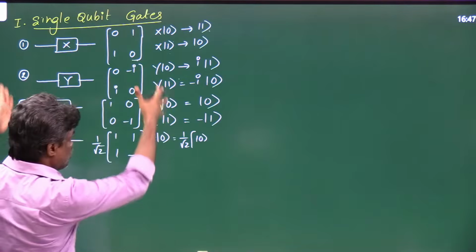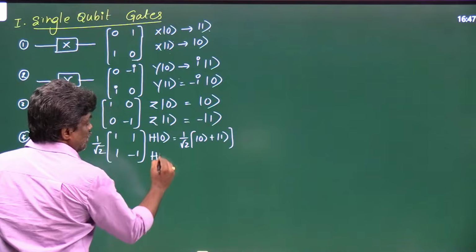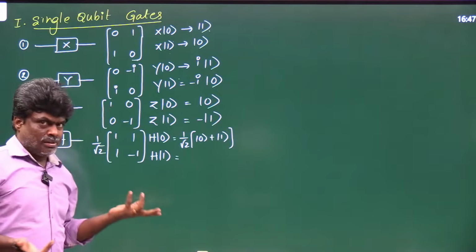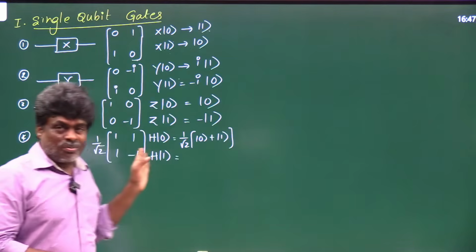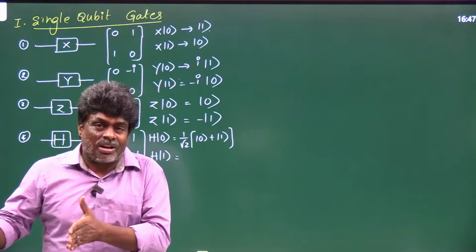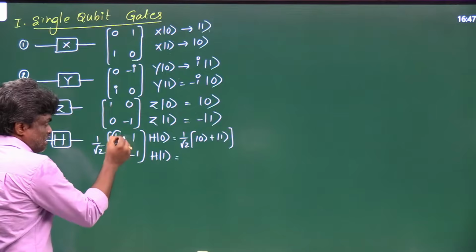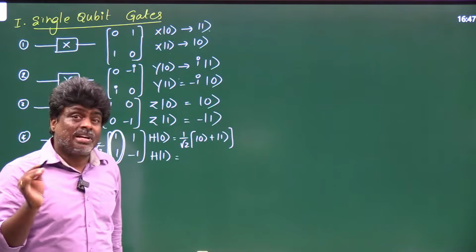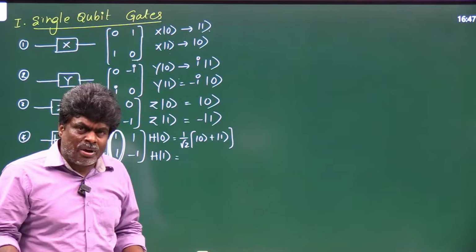If you understand, you can start writing. Plus 1. How am I writing? Sir, please tell, you didn't say about this matrix. In the place of 1 0, what are you having? 1 1 you are having. That means it is converting 0 to 1 1. Once again, this is my technique. In the place of 1 0, you have 1 1. That means it is converting 1 0 to 1 1.